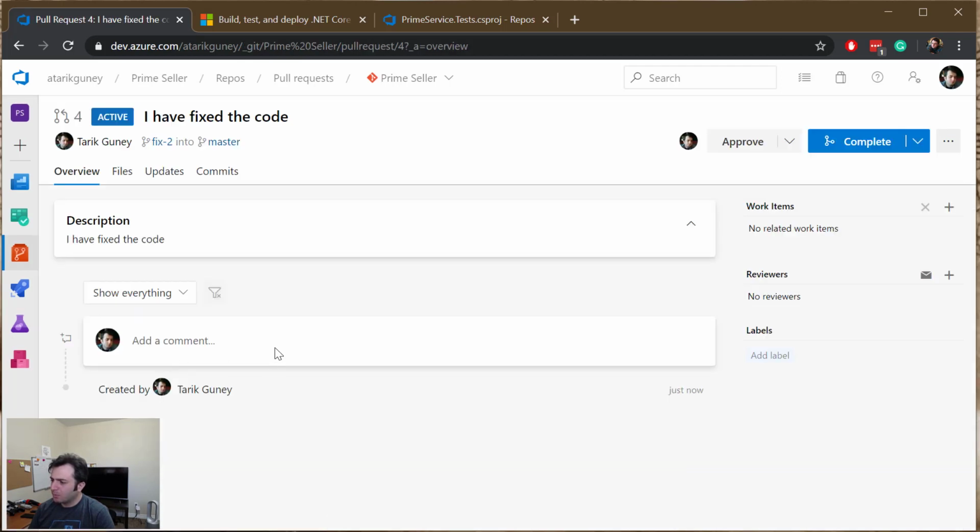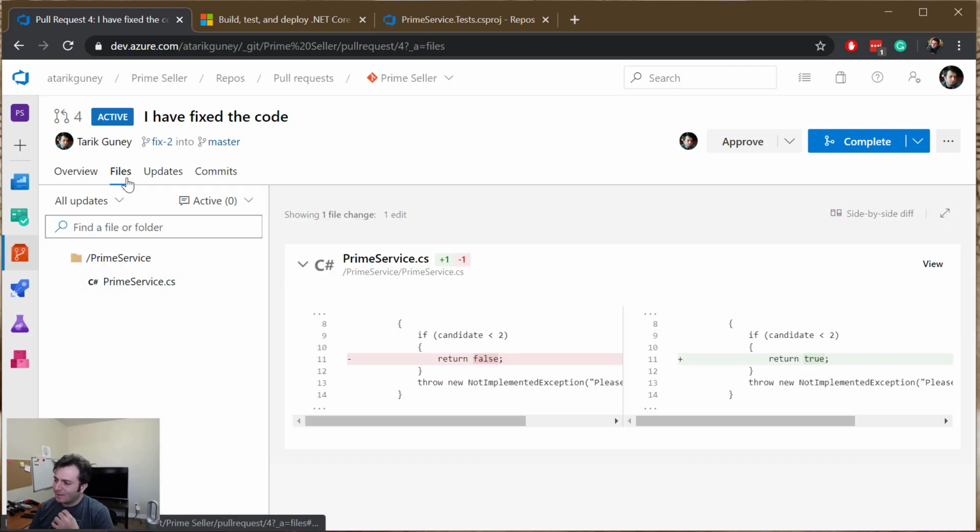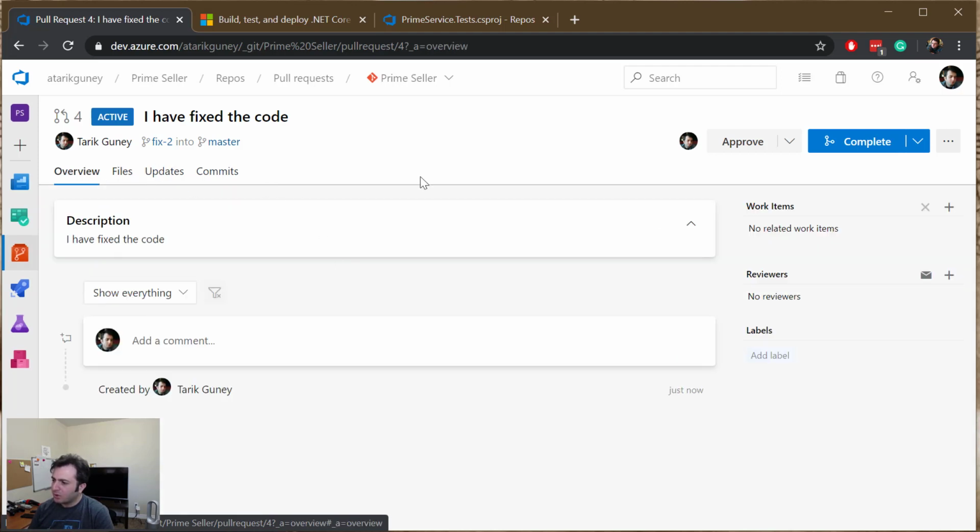Okay, this looks good. But there's nothing here that tells me automatically if this change set will break my compilation, build, or my unit tests, except for the promise of the engineer. Like the engineer can tell me, hey, I've run everything locally, unit tests, build, I compiled the project locally, everything looks good. But again, we are human and we can make mistakes, we can forget things, or things can change. And so we have to make sure before we actually approve this PR